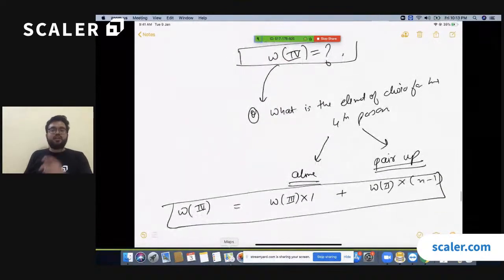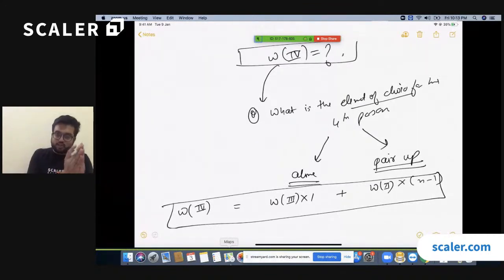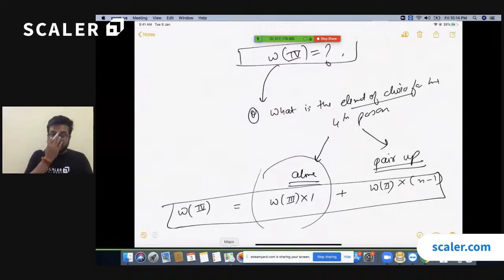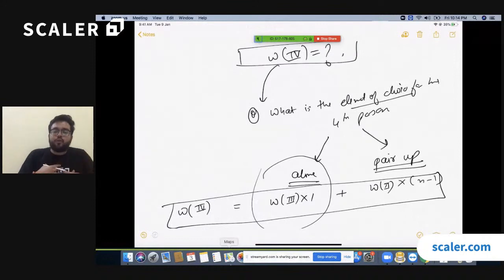I just said that for the 4th person, the element of choice is that he can either be alone in the party or can pair up with anybody else in the party. If that person chooses to remain alone in the party, that actually means that he is just joining the party, not changing any dynamics of the party. The number of ways would still be the number of ways for 3 people to join the party. They can pair up, they can do whatever they want. I will just multiply 1 with that, because the 4th person is just going to the party and not pairing up with anybody else, not changing any other dimension, not changing any other